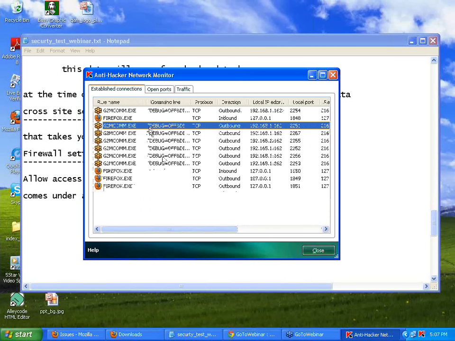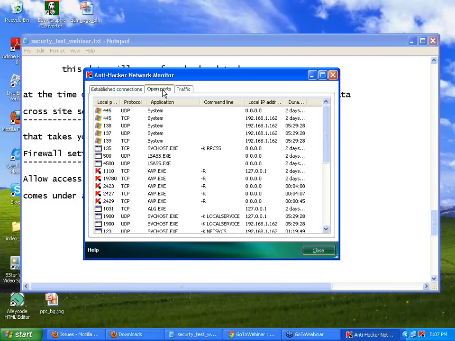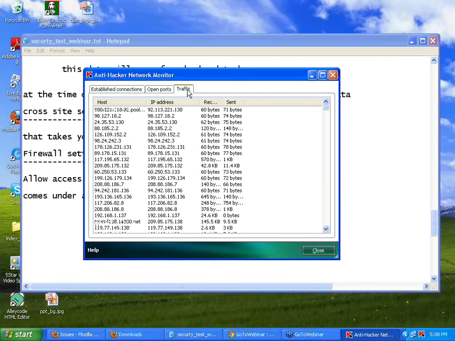You can right click and terminate this connection, or you can ensure, in your Kaspersky or Norton antivirus or Windows firewall, everywhere, what the allowed port is and what the allowed IP address is. You can set all these things, and you can monitor.